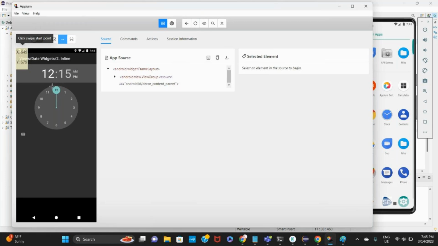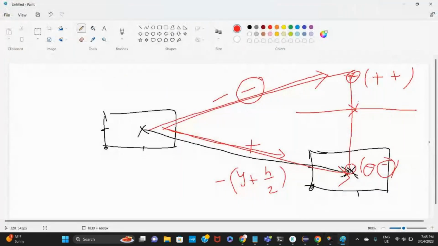Yes. So the origin of the screen would be the topmost. Here would be the origin, and in this direction x will increase, y remains very less, and in this direction y increases and x remains constant. And when you move in the diagonal axis, you will have x constantly increasing and y constantly increasing. So to review that again,